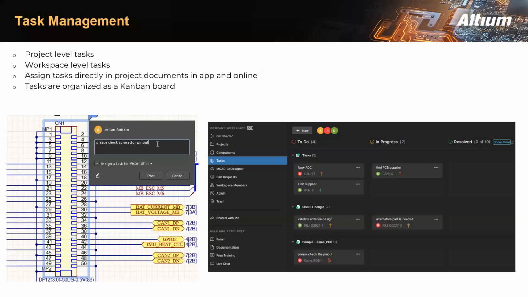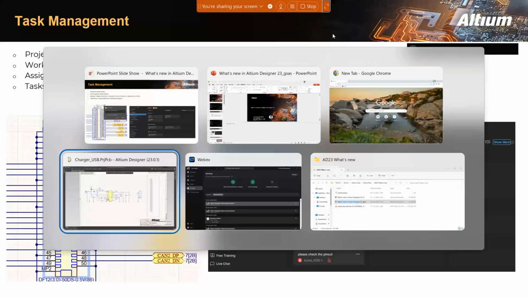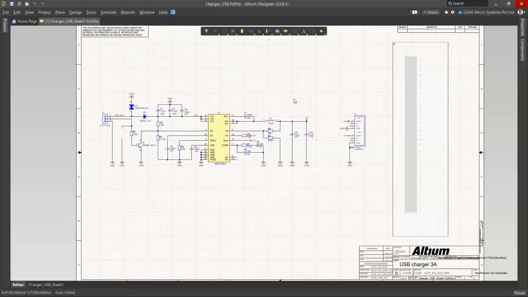Tasks are organized in a board for quick access and viewing. And what's nice is that a task can be easily moved from one column to another with just a click and drag. Let's see how this will help you inside Altium Designer with a small demo. Here I have opened Altium Designer. The current version is now